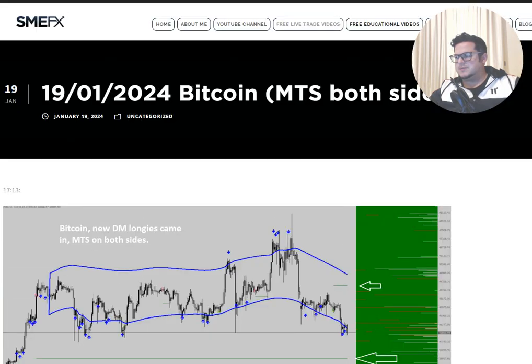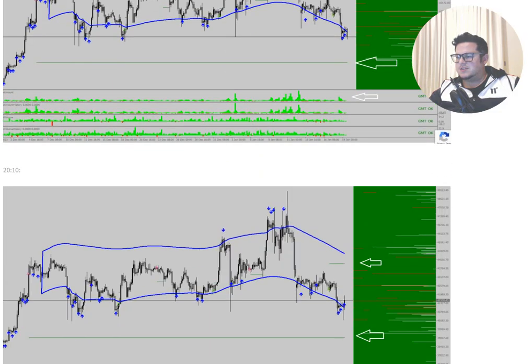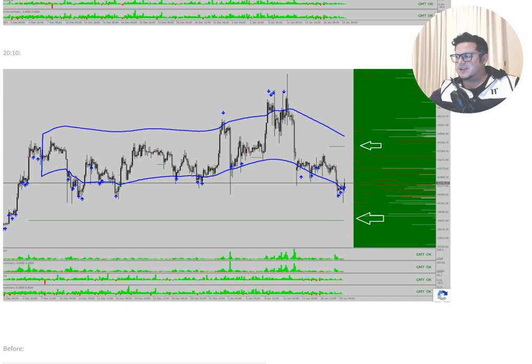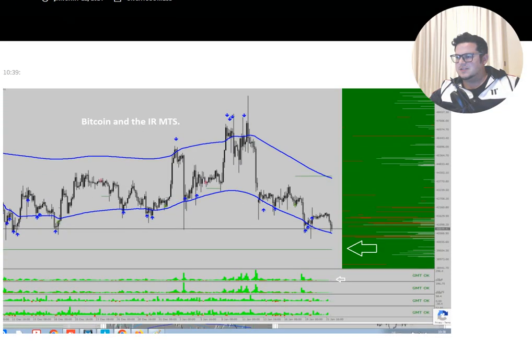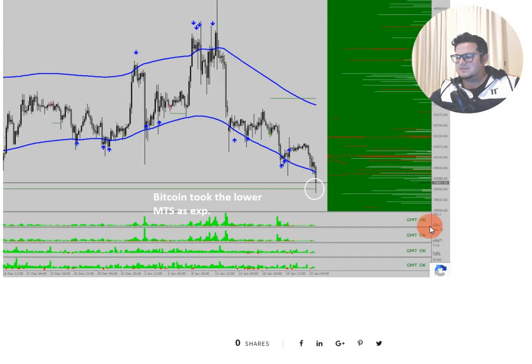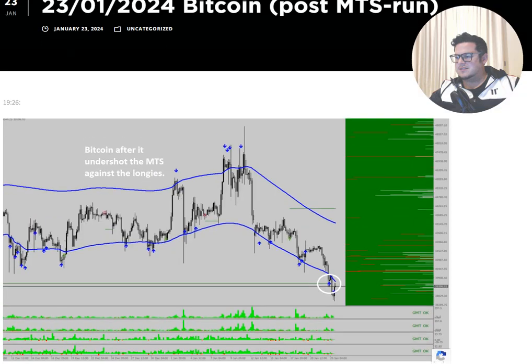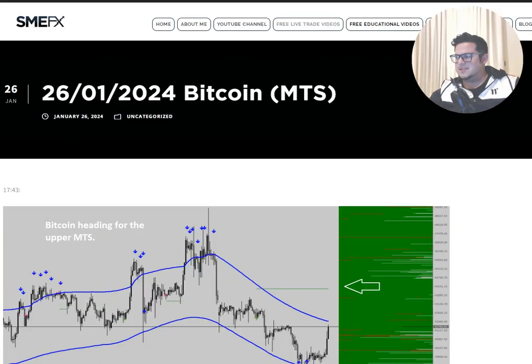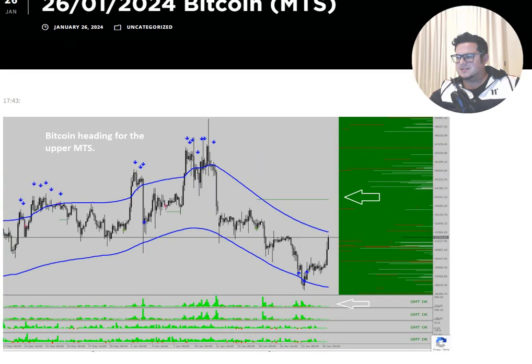Okay, let's finish this off with Bitcoin. So it went all the way down as predicted to the lower MTS. Okay, again, look how many days that took. This is the 22nd, this is boom. Then finally took it in the evening, okay? Again, it takes a long time for things to unfold. And guess what? Doing exactly a pullback from this target run. How cool is this, okay? And now, if not too many longies on the way, it can even take also the next MTS.